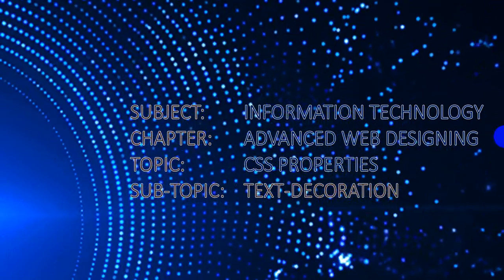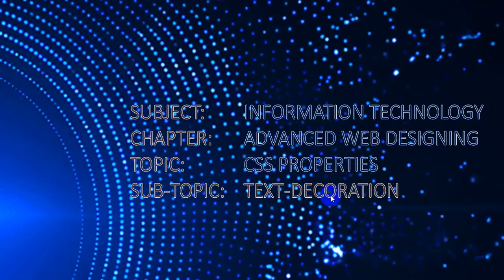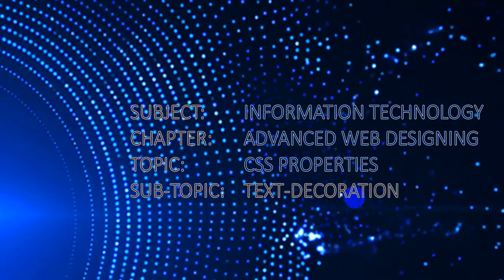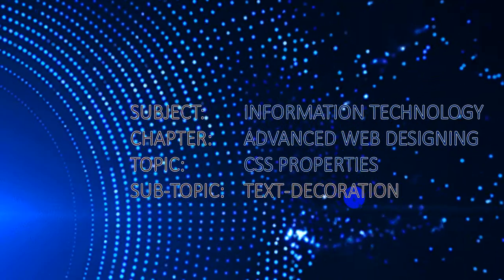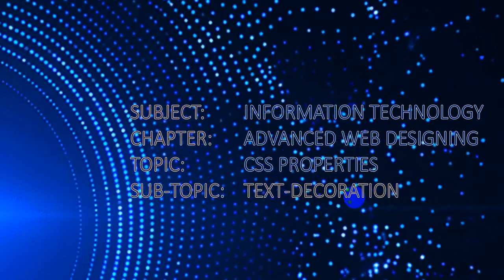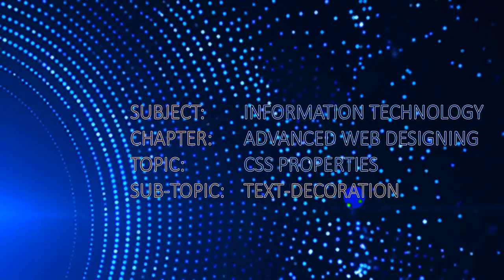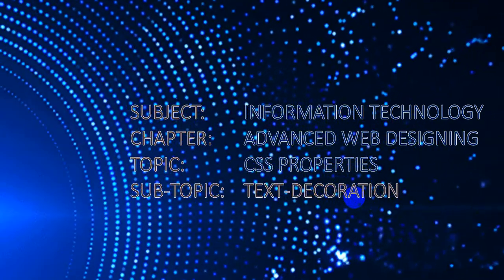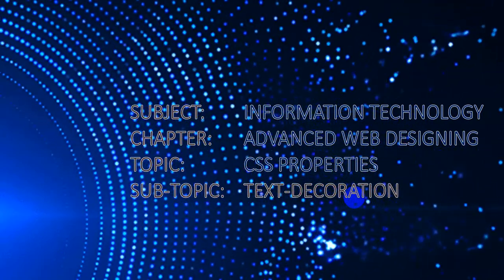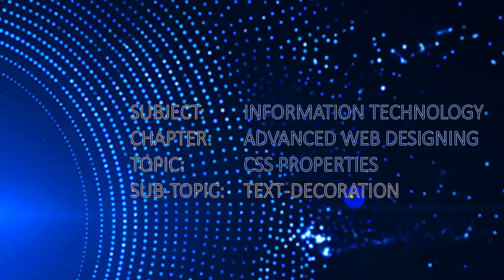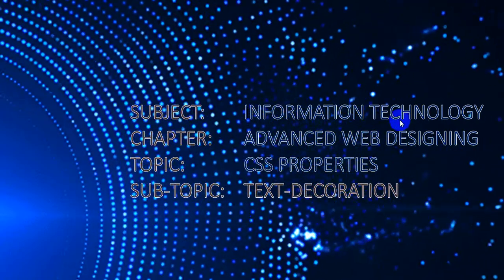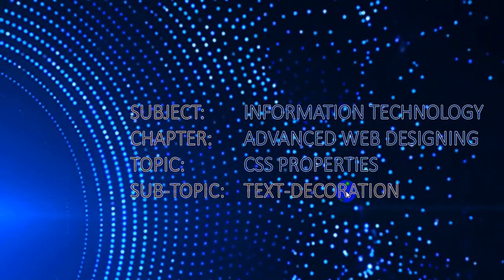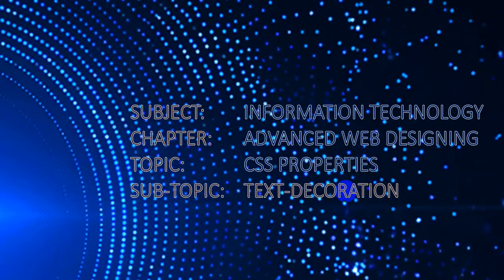Okay, and what is decoration? The meaning of decoration is that we are going to decorate, we are going to design, we are going to change the color, we are going to change the style, means now we are going to give some extra effect to that particular text. As we know, CSS is a different language which is used with HTML. So the first thing is that we have to create an HTML file, then we have to add some text decoration effect. And what is text decoration? It means we are going to change the look and feel of a particular text.